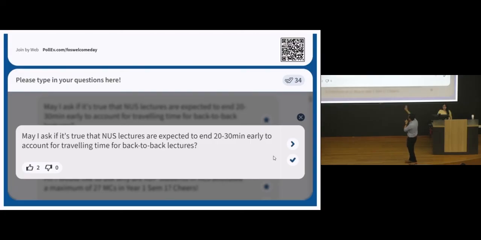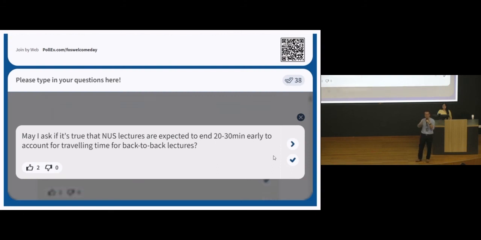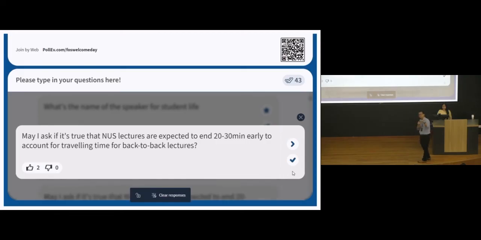Of course, to answer this question, I know where this is coming from, which is that we are supposed to stop early. But this doesn't stop students from staying back after class. If you have some burning questions, say, you just explained something to me and it's so interesting, but I just couldn't get around why this is so, I really want to ask this question, then you have to stay back. Even if the lecturer finishes 30 minutes early, you may still want to stay back. So if possible, try not to schedule back-to-backs.